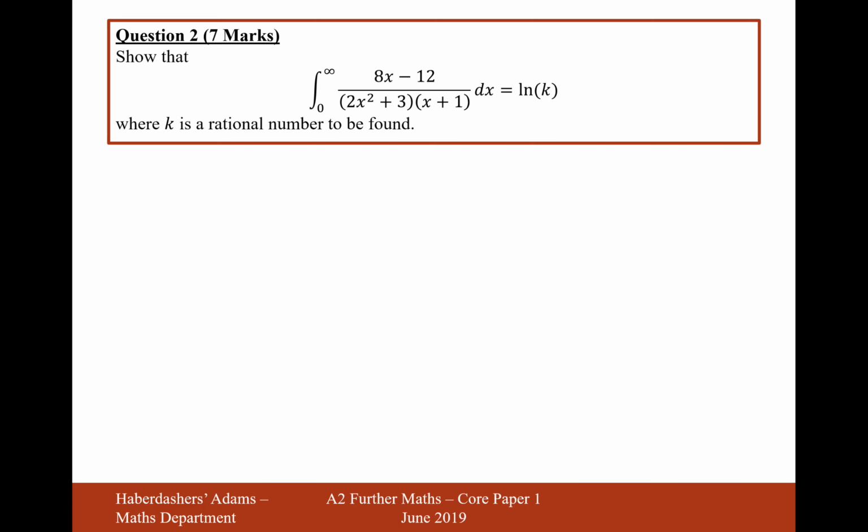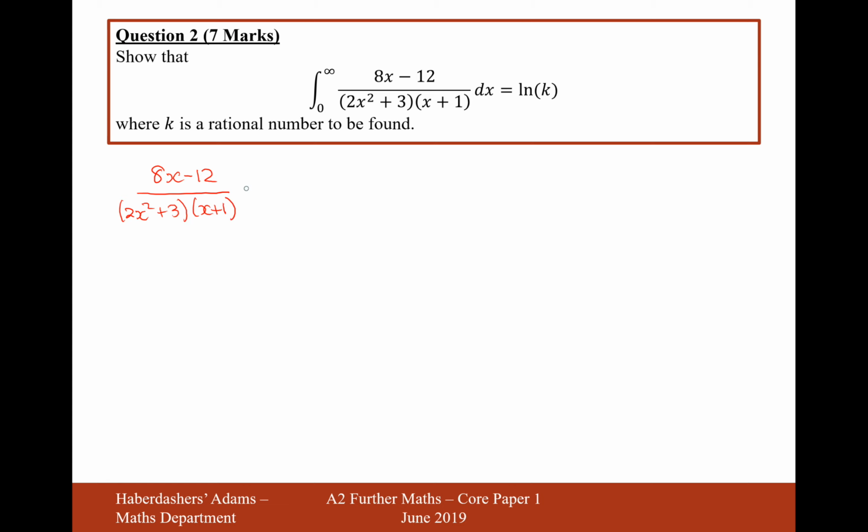Here we're looking at question 2. Show that the integral from infinity to 0 of this expression here is equal to ln k, where k is a rational number to be found. Now in this question, just looking at the integral, I can see that this is going to be a partial fractions integral. So it's going to be 8x minus 12 over 2x squared plus 3x